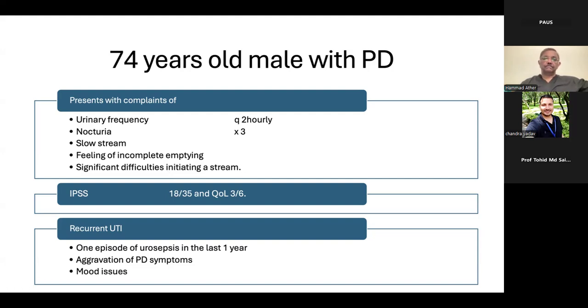One of the major problems that his family also complained of was recurrent urinary tract infections and one episode of urosepsis in the last 1 year. This not only causes significant problems, but is also associated with the aggravation of his Parkinson's disease symptoms, mood issues, and significant